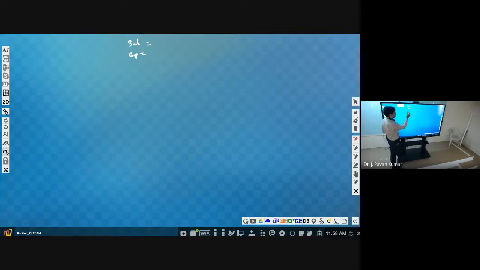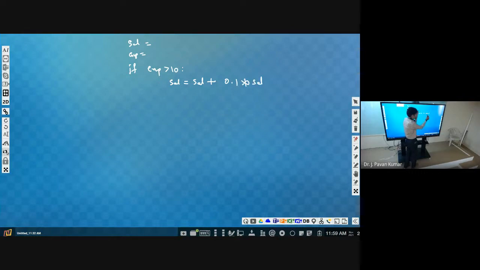Afterwards we have to check: experience greater than 10, then salary we have to update as salary plus 10% of salary. So salary equal to salary plus 0.1 into salary, this will be the 10%.